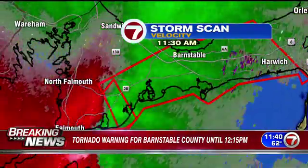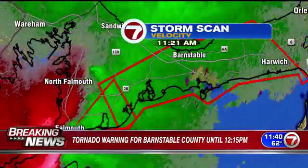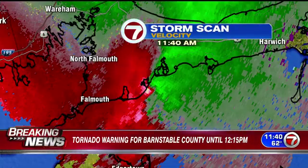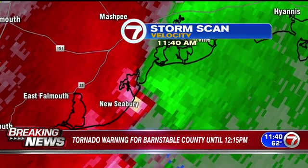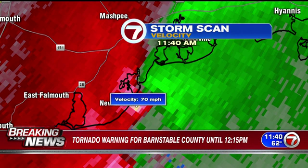The strongest winds aloft that I see are essentially right on the east side of the Falmouth area, as well as very close to the Mashpee area. I want to zoom in here and show you what we're looking at. Now, this storm did produce a wind gust just shy of 70 miles an hour across Vineyard Haven. So we're seeing almost the same signature here, where you get that peach color velocity showing winds aloft close to